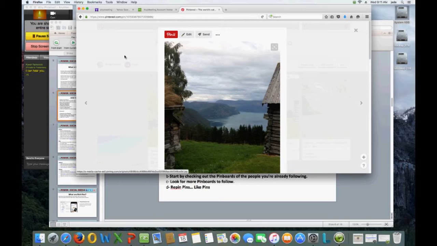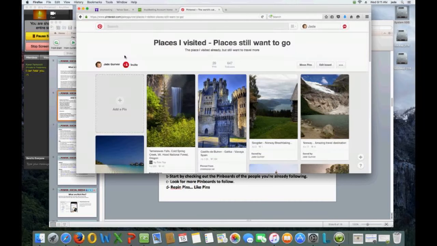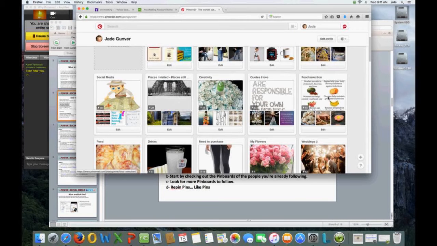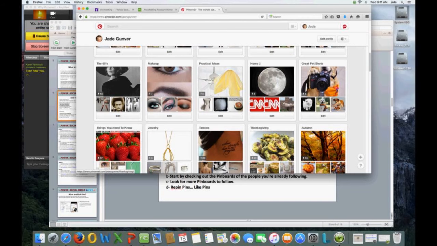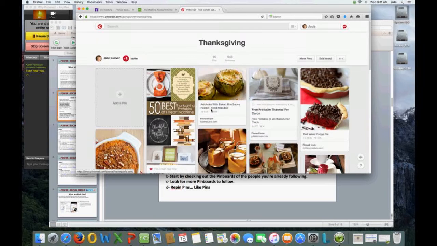And also, let me just go back to my account. You can definitely categorize and keep things like food selections. That's easy just to remember what you have, especially if you want to specify them, like for Thanksgiving. I have those pins, and when it's time for Thanksgiving again, I just simply open up and I keep those things, and it's easy. Just the main thing, always keep in mind, have a nice link to them.